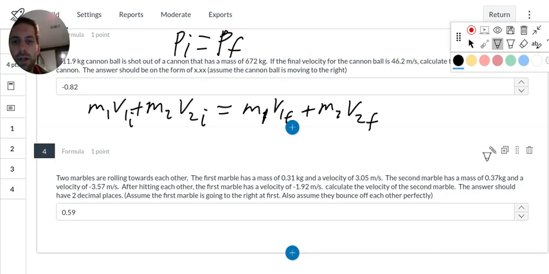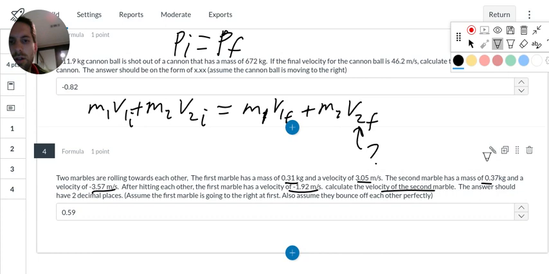All right. First marble has this mass and velocity. Second marble has that mass and velocity. And that's initially. Then after hitting each other, the masses don't change, but the velocity of the first marble does to this. We need the velocity of the second marble. So we don't know this one. We know everything else. So I just plug in all my values,